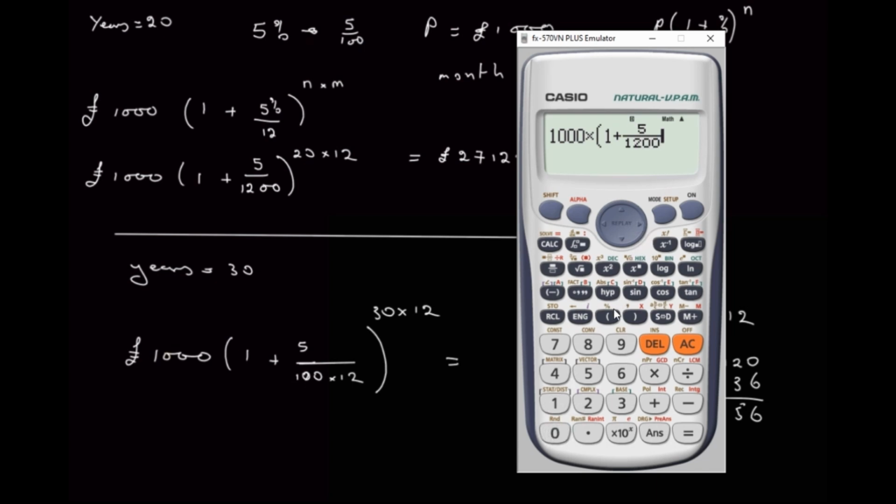Come out of the fraction, close the bracket. You must always close the bracket. Raise to the power of 30 times 12. Come out of that, equals, that's better, 4467